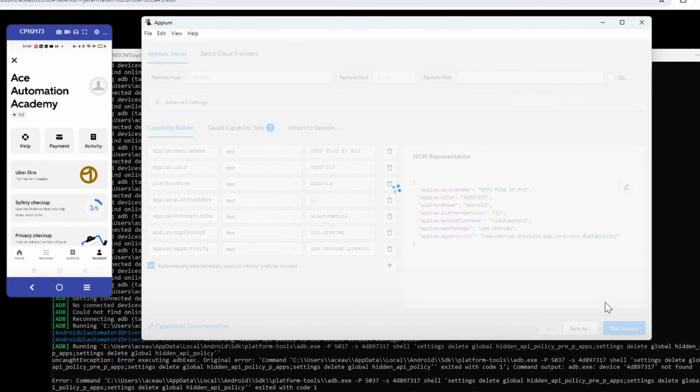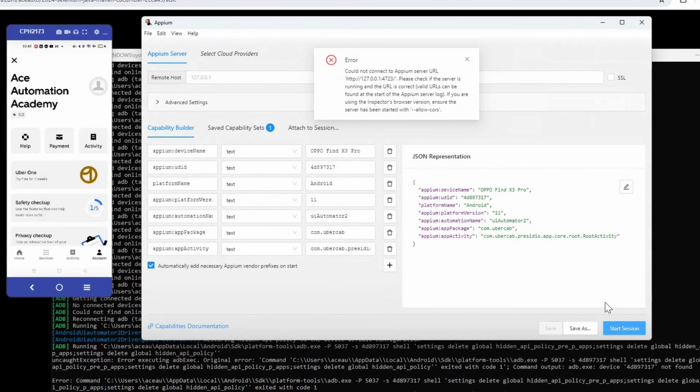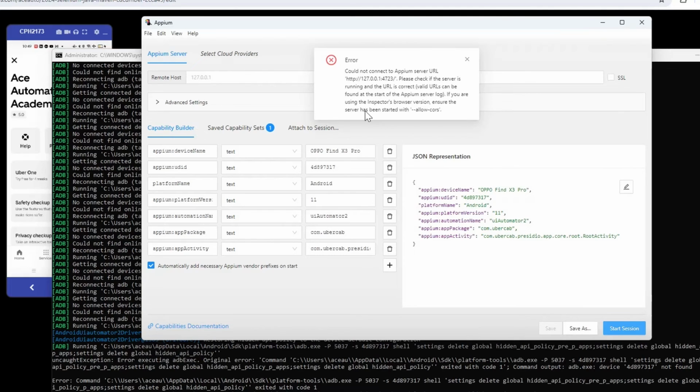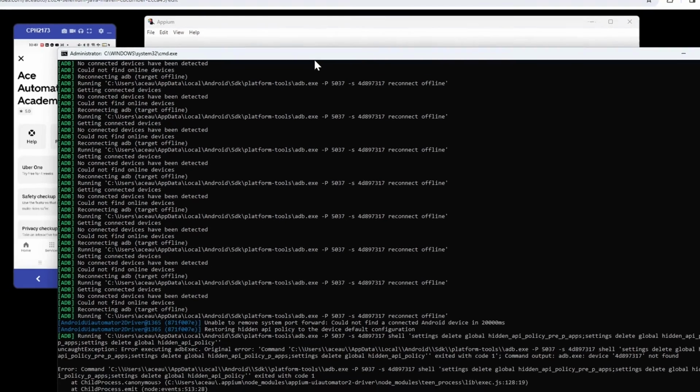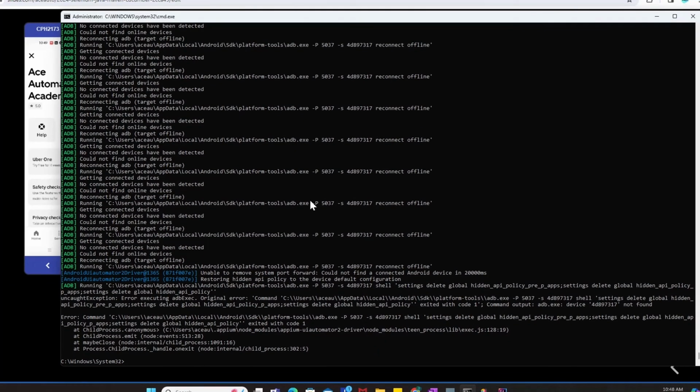When I am starting a session, there will be some kind of delay. Now I have got an error here, right? Could not connect to APM server. Now this is one of the errors that we have been looking at previously because our APM server has not started. That's the reason we are getting this error. So we will close this and we'll come to this particular command prompt, and here we will enter